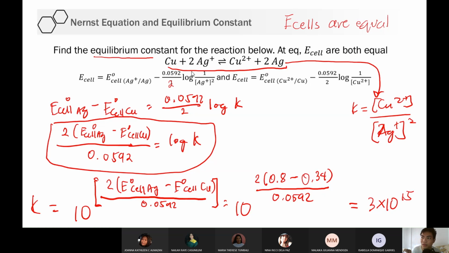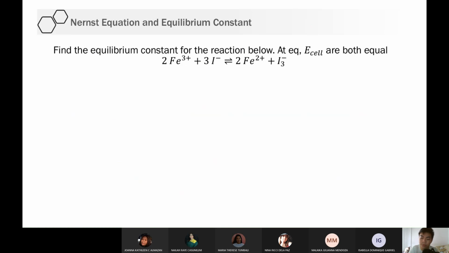Dami nangyayari, no? Pagko-combinein mo pa yung dalawang Nernst equation, dun mo makuha yung K, no? So I will give you a worksheet for this to practice, no? And I will pattern the exam. Ipa-pattern ko yung exam dito sa ganap natin dito. Okay? So pero while waiting for the worksheet, weekend ako nag-upload ng worksheet, diba? Okay, so while waiting for the worksheet, you can try this. Yung e-cell nito ay nasa table kanina. Binigay kong table.